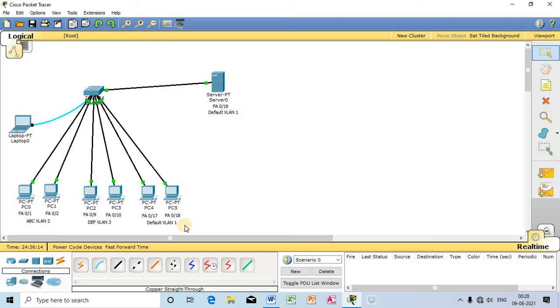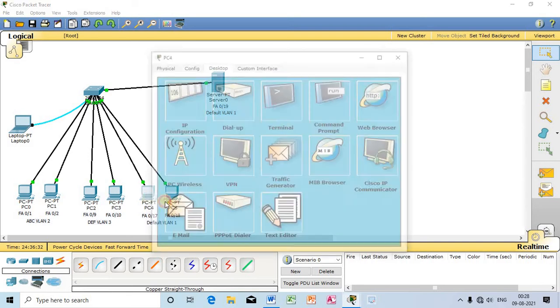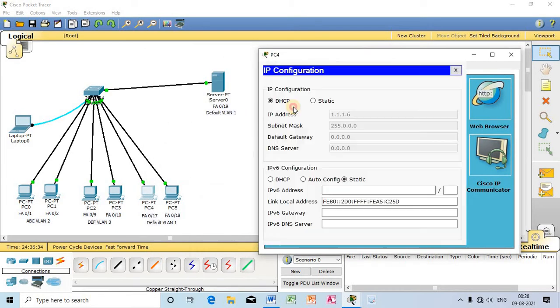So you can watch out, FA0/17, FA0/18 belong to the default VLAN, and the server is connected with FA0/19, so that port also belongs to the default VLAN. So now these two computers can request for, you can watch out,